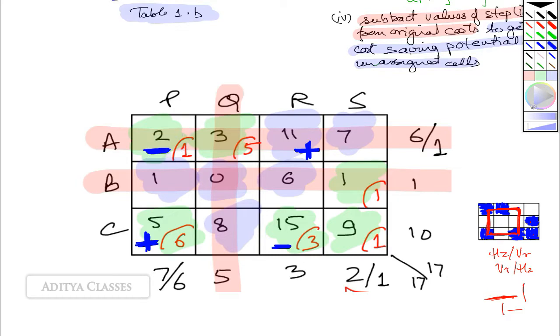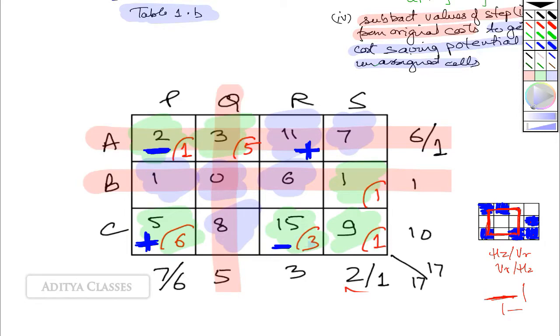Can I subtract 10 units from this cell? When this cell is having only 1 unit, I cannot subtract 10 units. Can I subtract 6 units from this cell? No, it is not possible. Can I subtract 10 units from this cell? Not possible. Can I add 20 units here? Definitely possible. So as far as additions are concerned, no issue at all. What about subtractions? We need to look carefully.